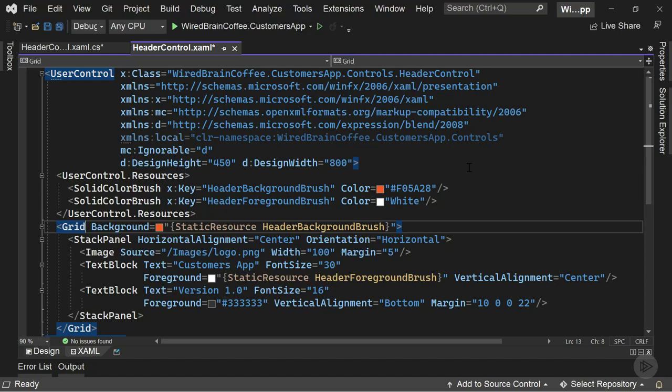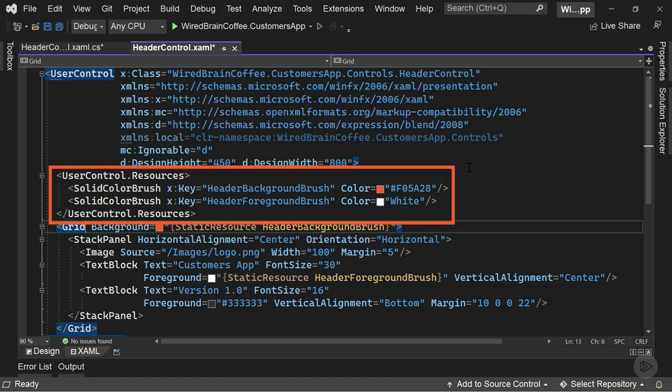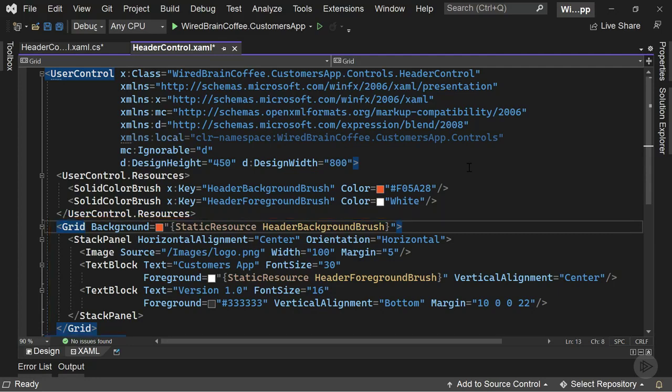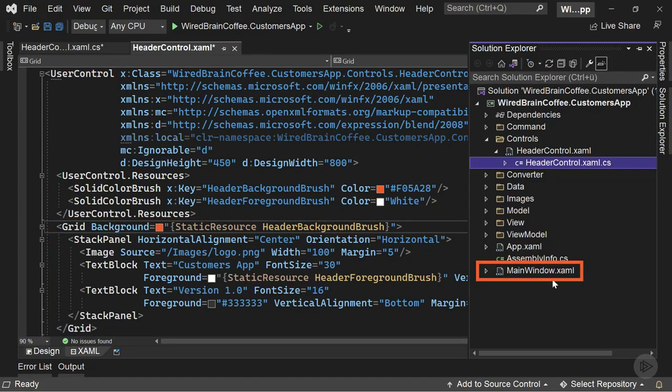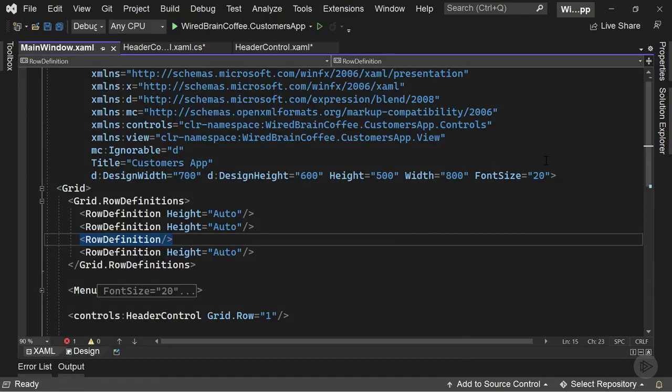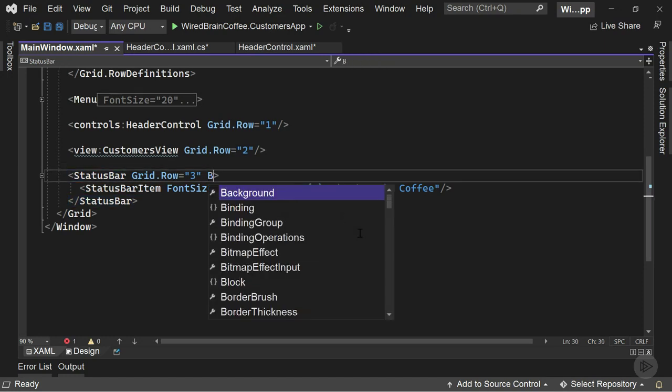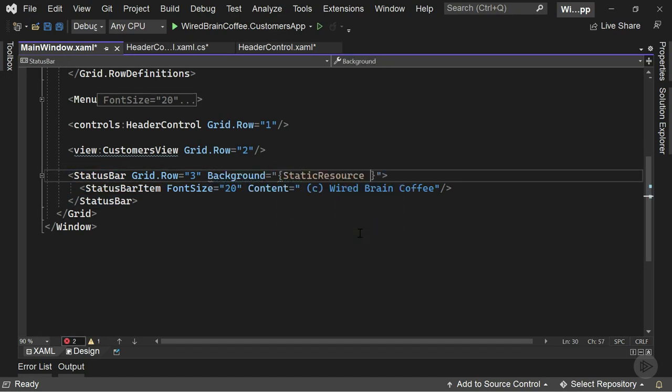This means, in other words, that these two resources are available in this XAML document. But if you go to the Solution Explorer and open up the MainWindow XAML file, and you want to use that HeaderBackgroundBrush also for the background property of the status bar, when you write StaticResource, you can see nothing pops up,